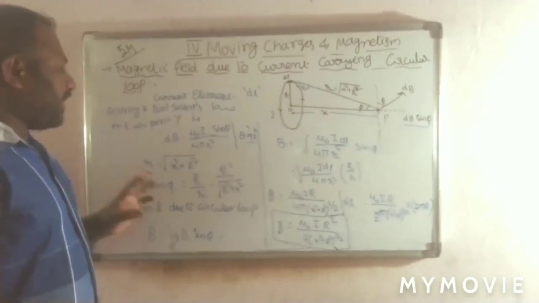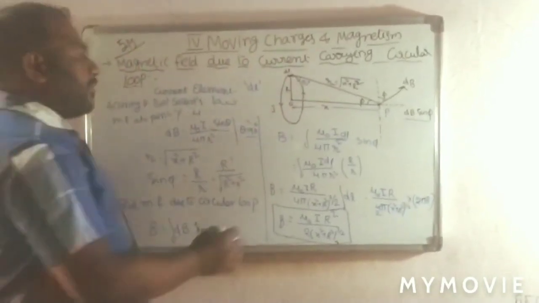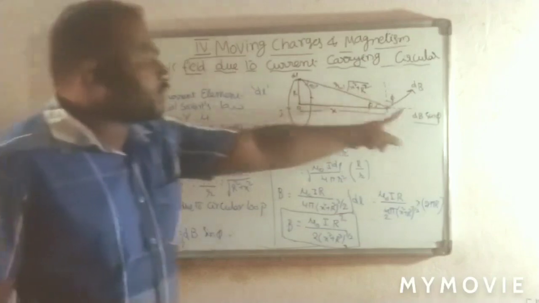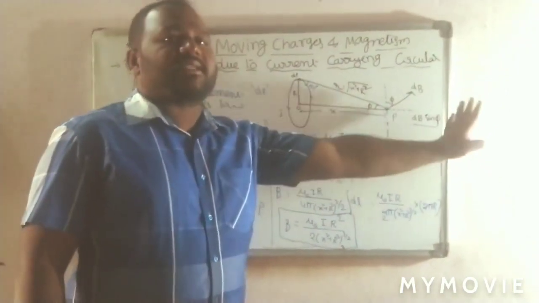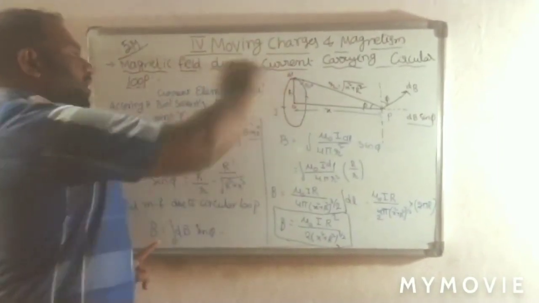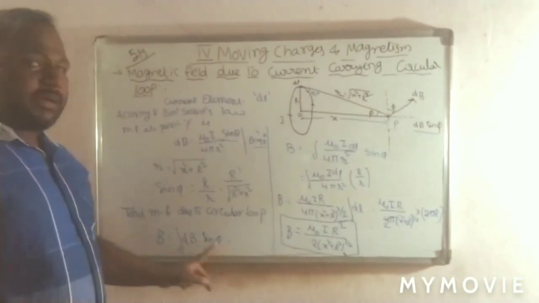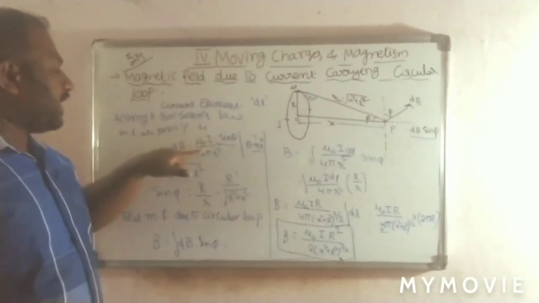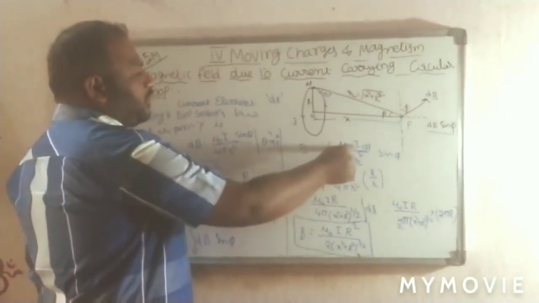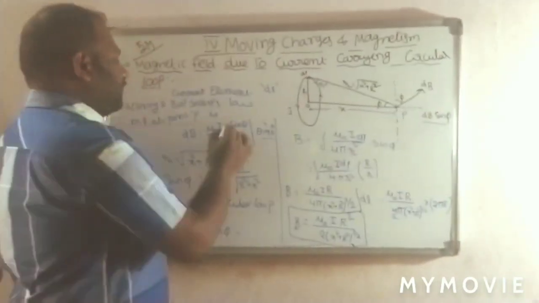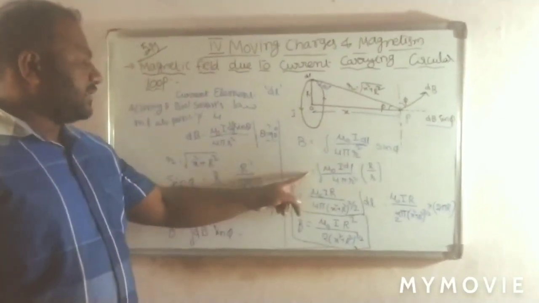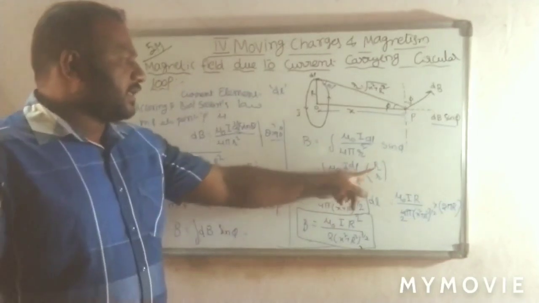Now the total magnetic field due to this loop is equal to the magnetic field due to the element, taking integration. The magnetic field due to the element has only the horizontal component, that is, only the sin phi component is present. So B is equal to the integral of dB sin phi, which represents the total magnetic field. But what is dB? dB is equal to mu naught I dl sin theta by 4 pi r square. With 90 degrees substituted, sin theta becomes 1. So dB is equal to mu naught I dl by 4 pi r square, times sin phi.